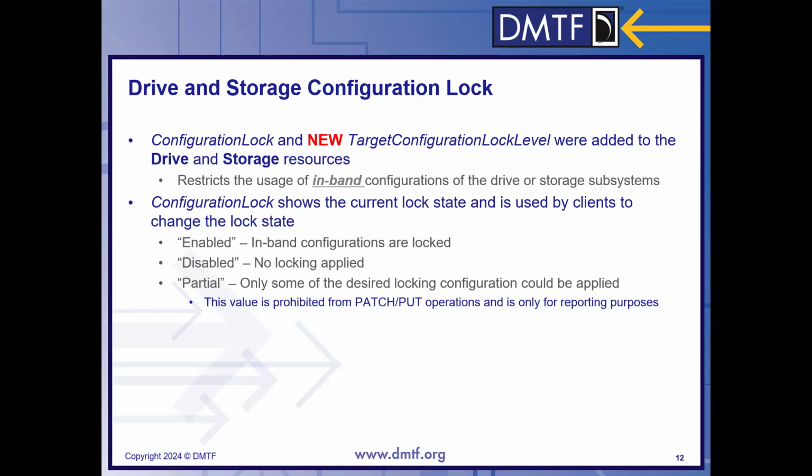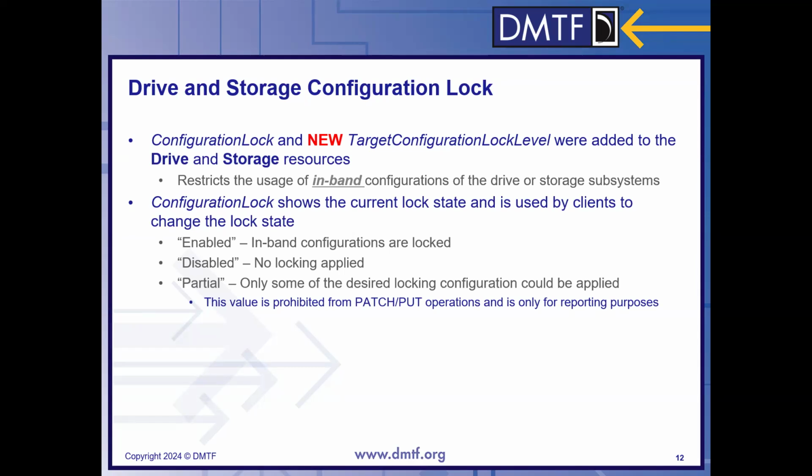And so the configuration lock property shows the overall status of the lockdown capability, and there's 3 values to this. There's enabled. It shows that in-band configurations are locked out. So if you want to do any type of configuration of the drive or storage subsystem, you need to come through an out-of-band interface. Disabled means that no locking is applied to the drive or storage subsystem. And then partial is an odd value here, but given some of the complexities of how drives and storage subsystems can be locked,